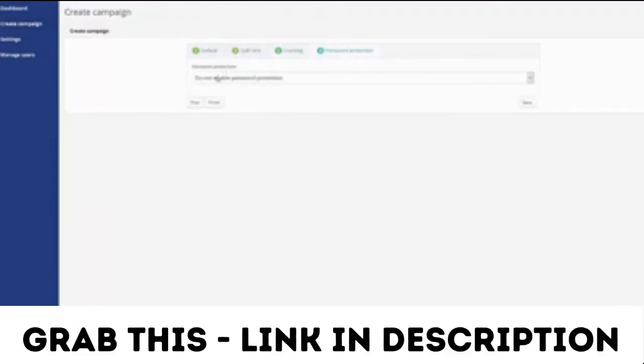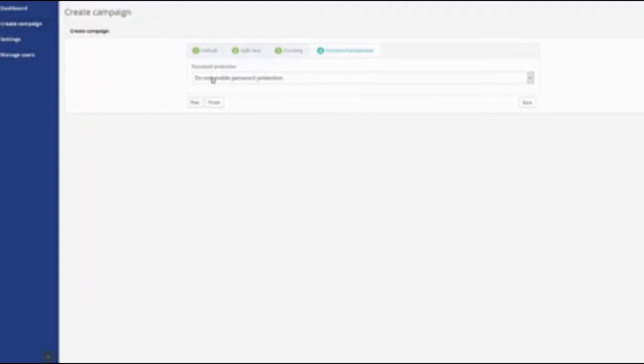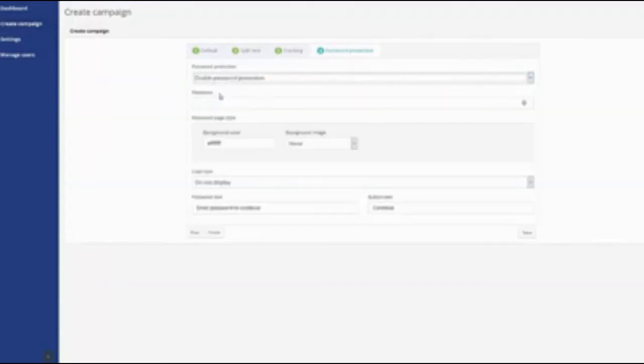And the last main function here is password protection. So if you want to, for some reason, password protect the link redirect, so you could even use this for things like bonus delivery or sending client stuff, you can just set up a redirect with a password protect, and you have to give people the password then. So you just enable password protect, and it'll set up the password protection here. So I'm just going to